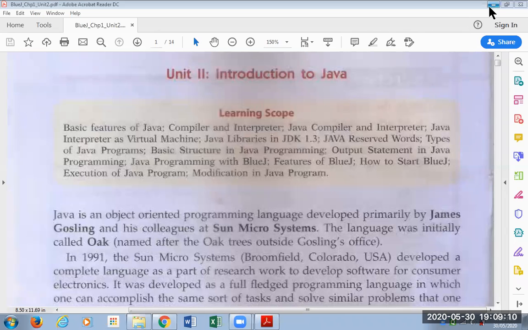On my screen, you see chapter 1, unit 2. You see it just in your notes, in the textbook. Guys, tell me whether you have the textbook copy or not, please. Who doesn't have the copy, send me a message in the chat box. Quickly, please. Those of you who do not have the physical textbook, let me know. Okay, Mahek, you don't have it. Gargi, you too. Okay. What about you, Riddhi?